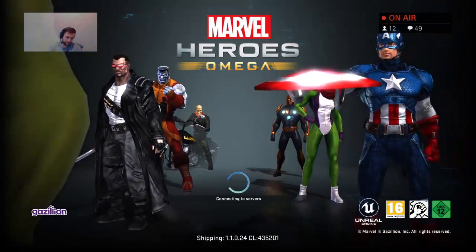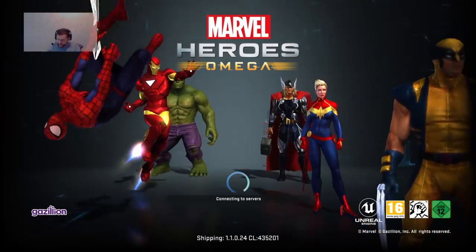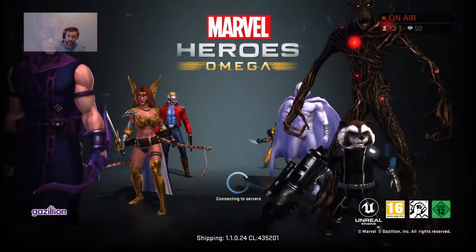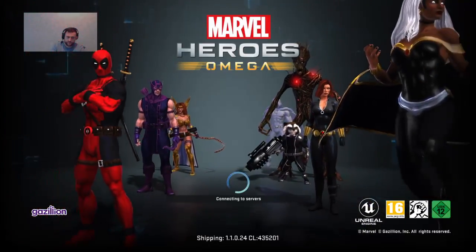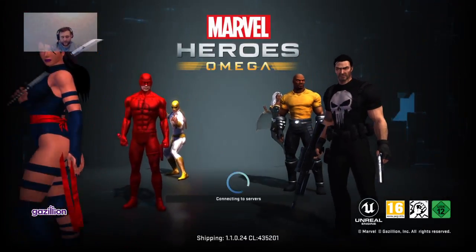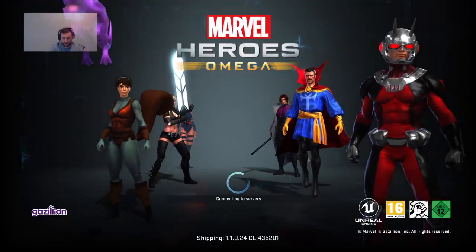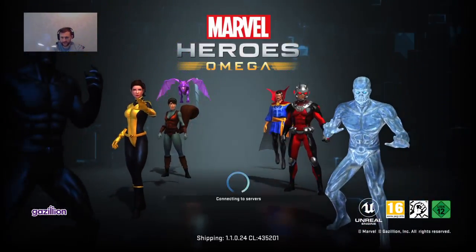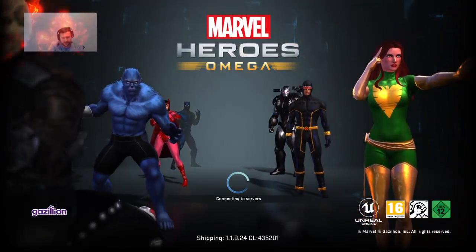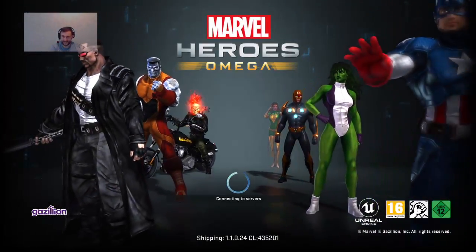Number 1. By far, one. Yeah, it's only the Marvel characters. You can customize them with items and weapons and such, but that's the only form of customization. And you can buy costumes, or you will be able to eventually, but at the moment you're stuck to a set amount of characters, like Spider-Man, X-Men, Guardians of the Galaxy, which is only